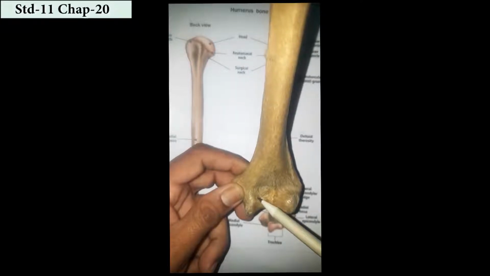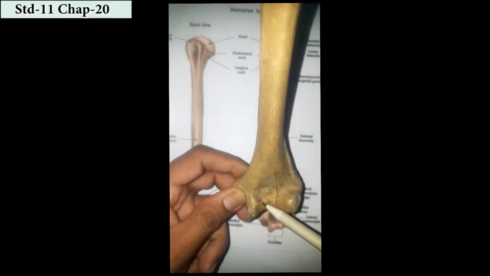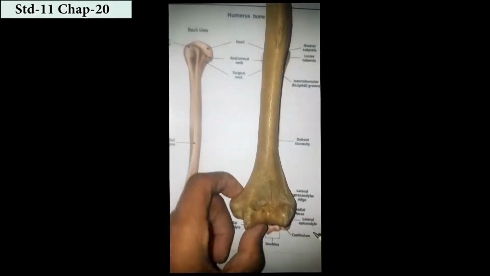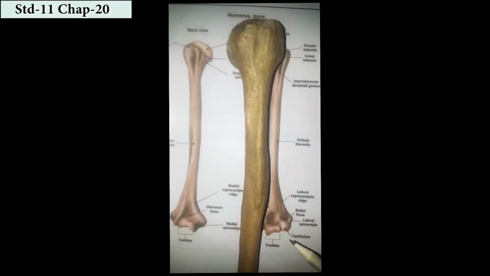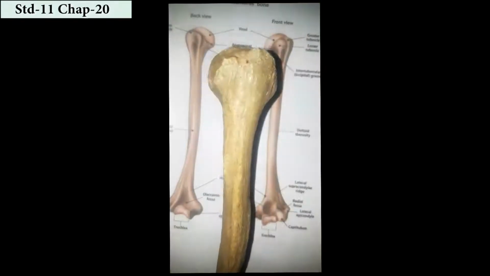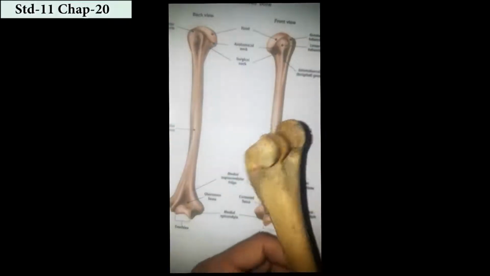From here blood vessels enter to supply the blood. In each and every bone this kind of pores occurs. So this is the original bone you can see in the bio laboratory, the humerus. This is its proximal end, and this is its distal end.